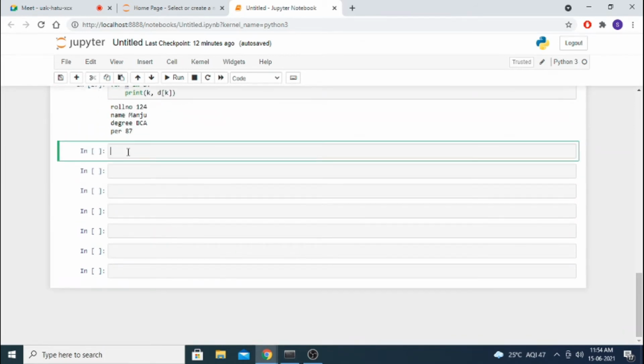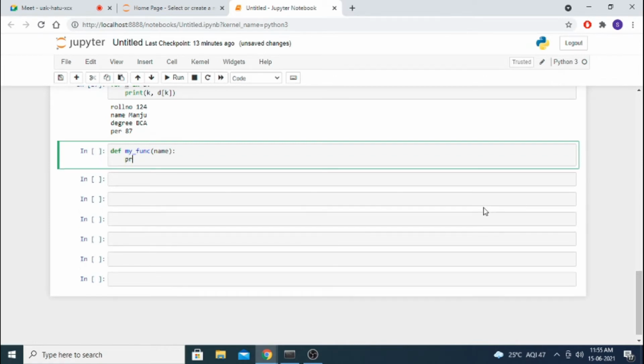I am going to define one user defined function. Okay, how to define a user defined function? def. Whenever you are typing any keyword, it will turn into bold green color, so that you can understand it is a keyword. Okay, now my function equal to name. Here colon you have to give. Okay, it is a syntax of Python.